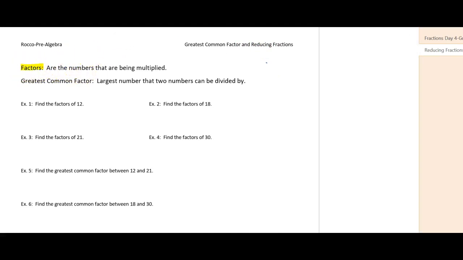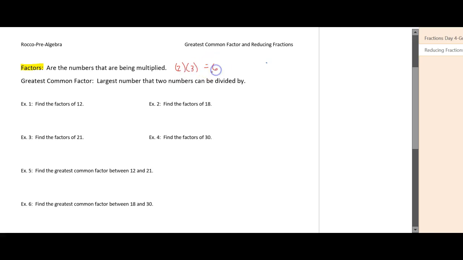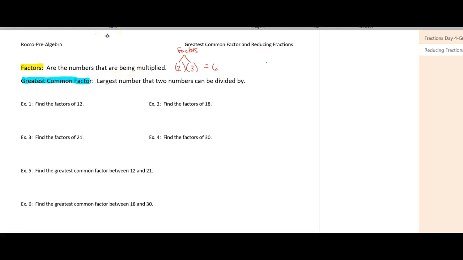Factors are the numbers you are multiplying, right? So, if I take 2 times 3, that would give me 6. Remember, 2 and 3 are your factors, okay? The numbers being multiplied are your factors. Now, the greatest common factor between two numbers, right, is the largest number that two numbers can be divided by,